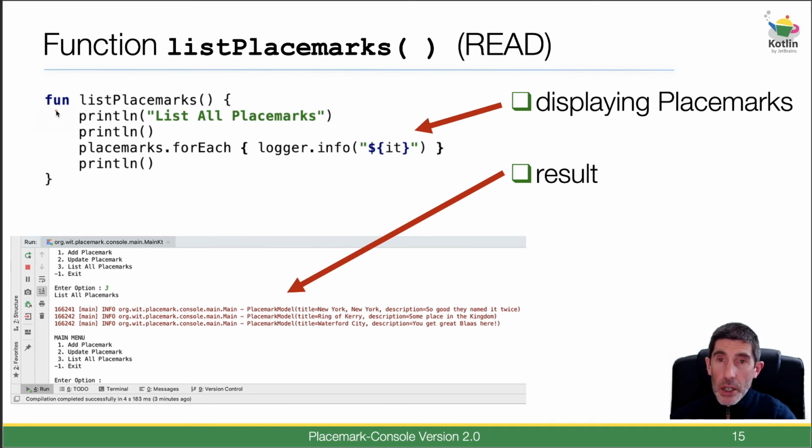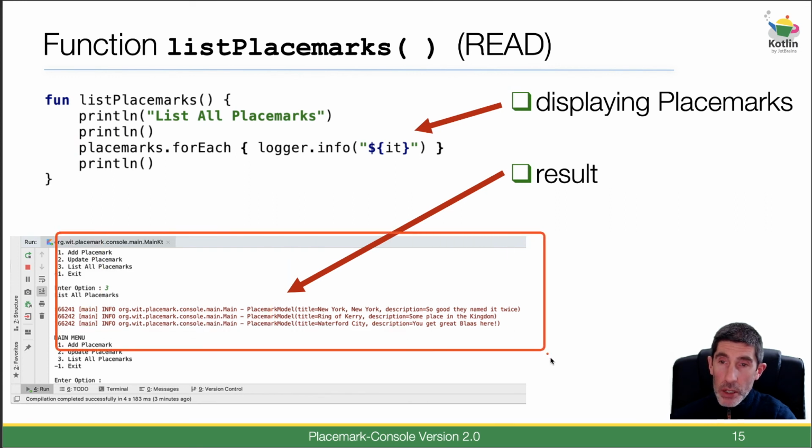Inside our list placemarks, we have just some simple print lines, giving some information to the user. We can say placemarks dot forEach. So we saw this previously. We can log our dot info, and there's our dollar expression, it. So that would get at each element, each placemark object inside placemarks, and display to the screen. So if we see down here, if the program is actually running,